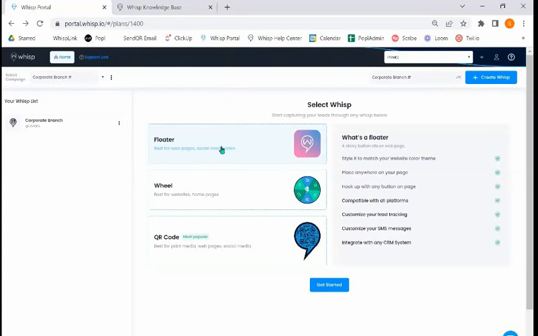You can set up floaters for your website, a wheel for your website, a contest wheel, and of course our most popular, the QR code. All three are very easy to set up and implement, and we have all of our walkthroughs step by step